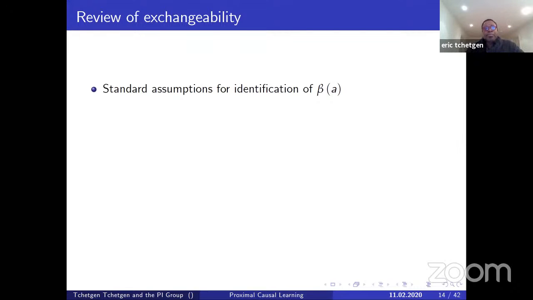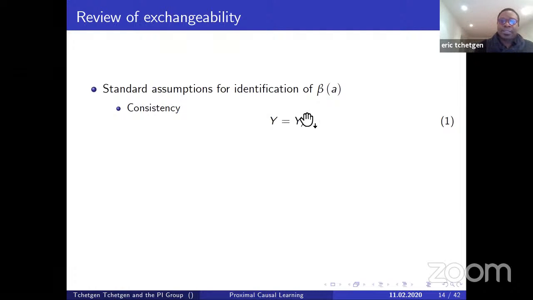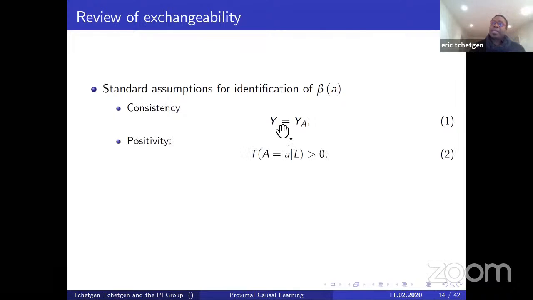So what are the standard assumptions for identification of beta(a)? It's typically assumed that consistency holds, that the Y you observe matches your potential outcome under the observed treatment value, and there should be an almost surely here. This encodes the assumptions in SUTVA, so if you prefer to use SUTVA, it gives you the same thing. I just like the simplicity of stating this assumption. We assume